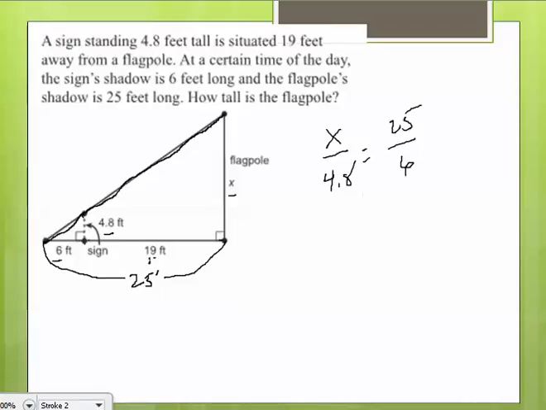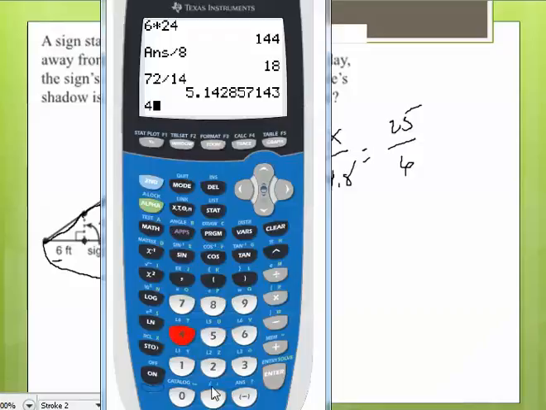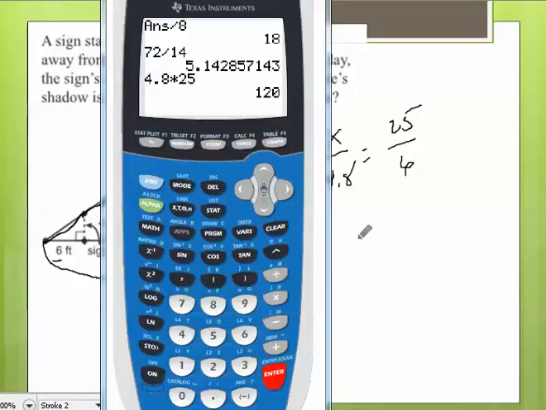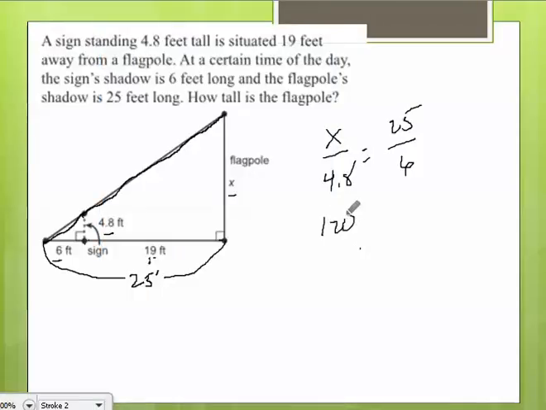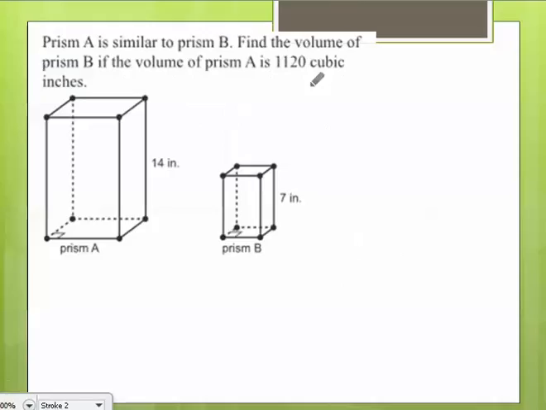Now we can do our means and extremes, and 4.8 times 25 is 120, and that'll be equal to 6x. If we divide by 6, x will be equal to 20. That means the flagpole is 20 foot tall in this situation. Do you see how I had to use the entire length here? Make certain that you're using that entire length when you're doing these type of problems, because that makes a huge